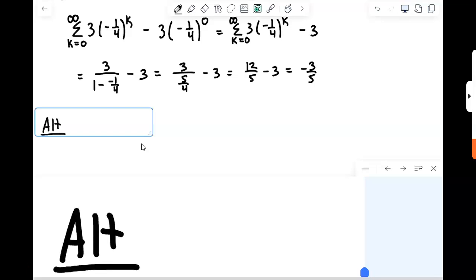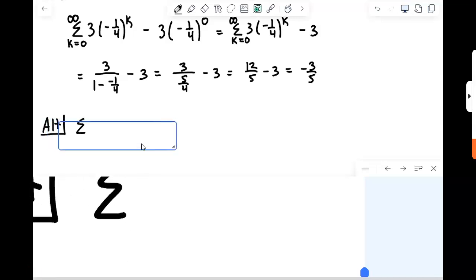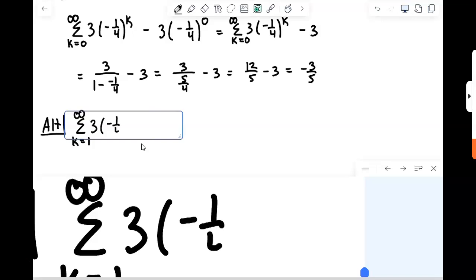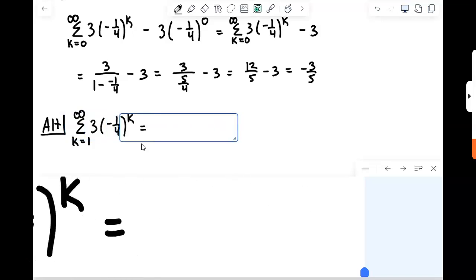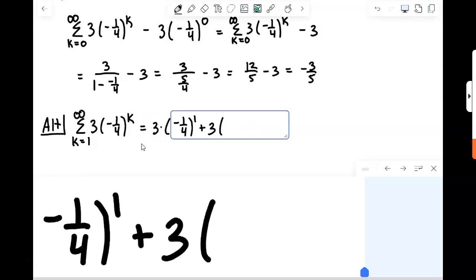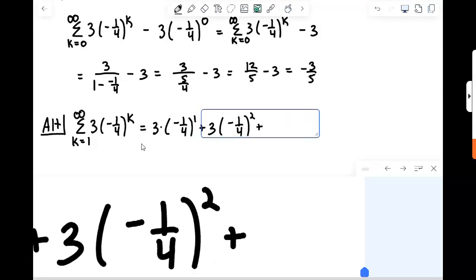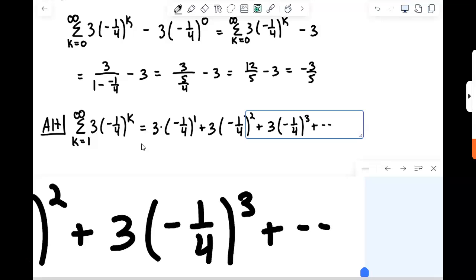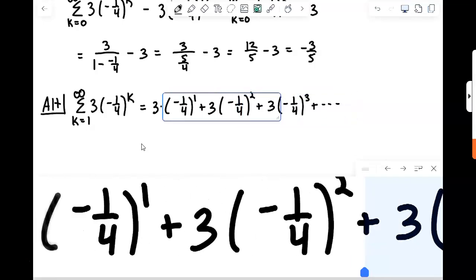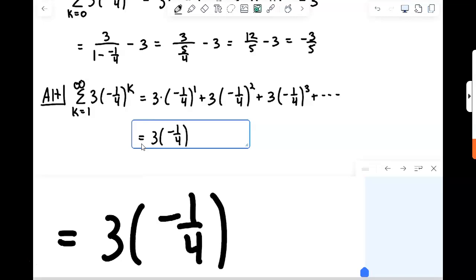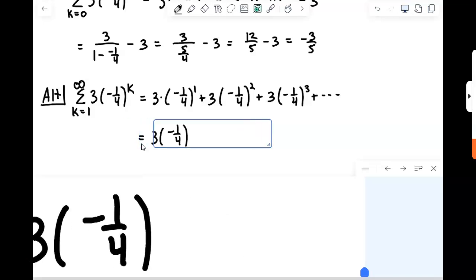So the alternative way is to first just start expanding our sum and seeing what it looks like. K equals 1 to infinity of 3 minus 1/4 to the k. So what would that look like? Well, the first term would be 3 times minus 1/4 to the first, plus 3 times minus 1/4 squared, plus 3 times minus 1/4 cubed, and so on. And so here's what I do. I notice that every term in this thing has a common factor, and I can pull that common factor out. And the common factor is 3 times negative 1/4, which will eventually be a negative 3/4. Because when I pull that out,